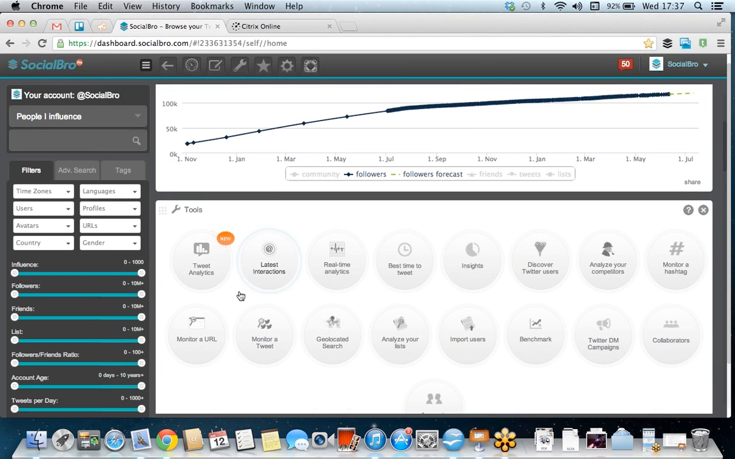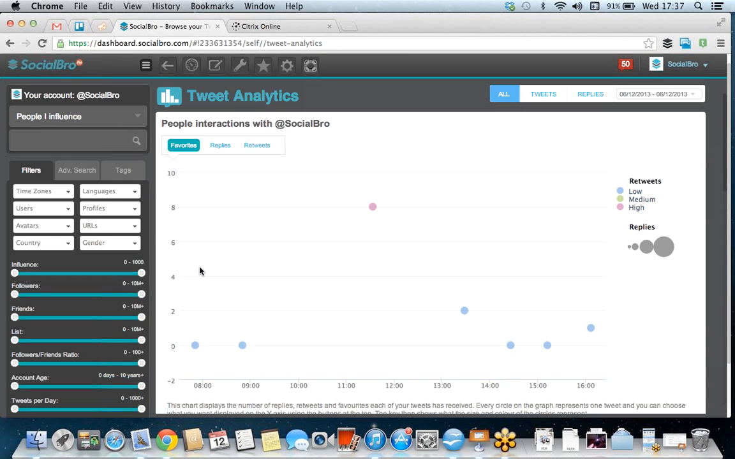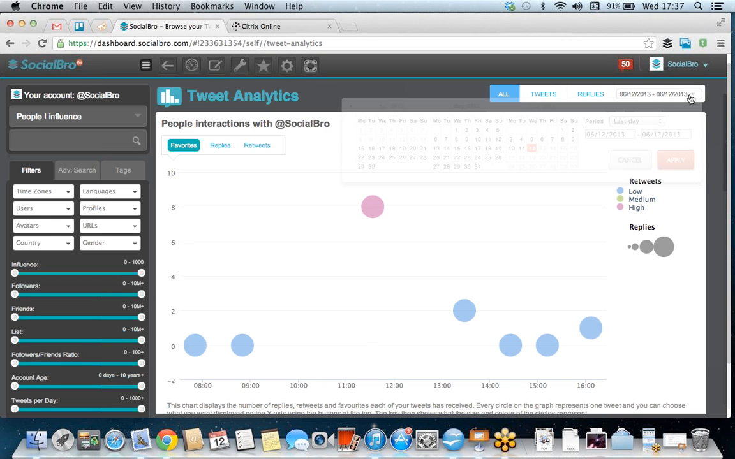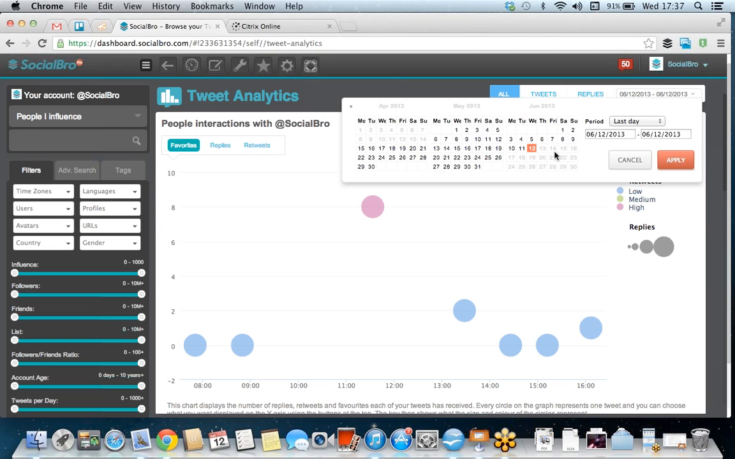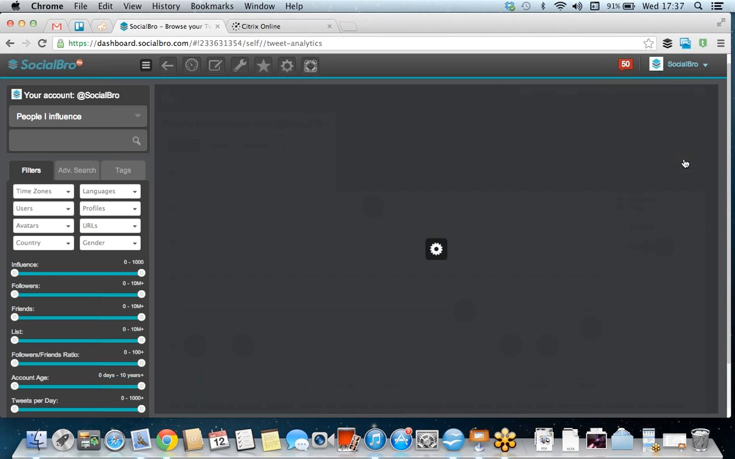So you can access this tool just like we did with latest interactions. Just select it from the toolbar. And I'll just quickly explain a little bit about this tool, and then I'll show you how it can help you with your customer relationship management. So just as we did with the influence section, up here you have a calendar. So if I want to see all of my tweets from the past week, I can do so by selecting the time span here. And then this tool basically shows you the performance of all of your tweets, as well